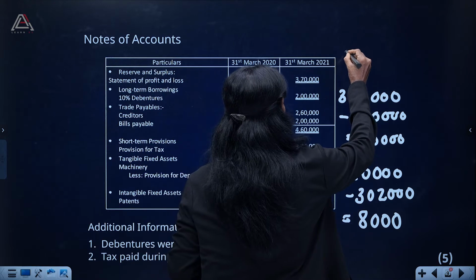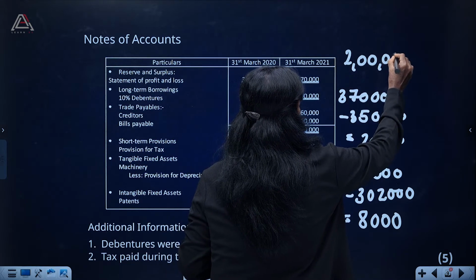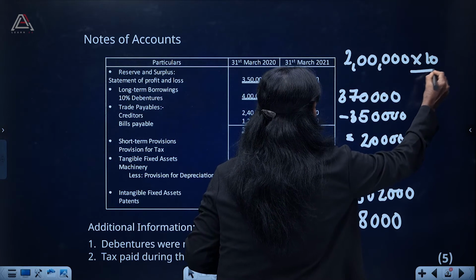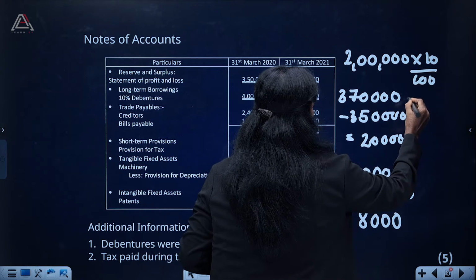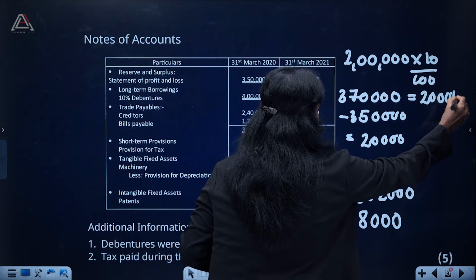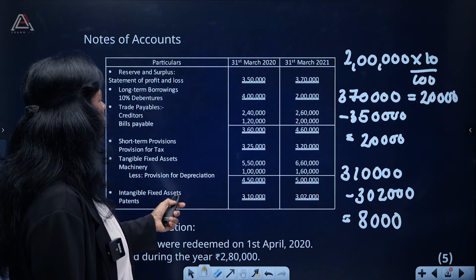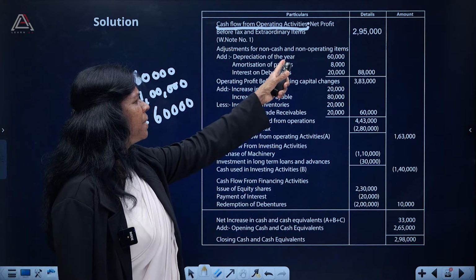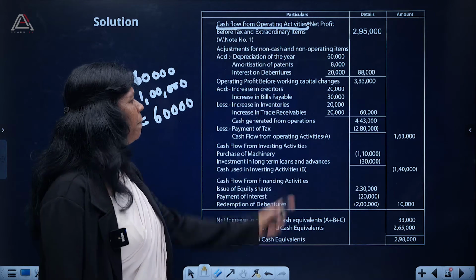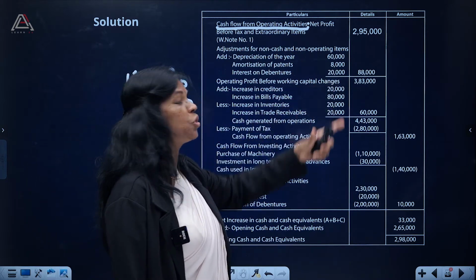2 lakh, the current year amount you have to take. 10% means 10 divided by 100. So the amount is 20,000. This is the interest on debentures, 20,000. So 3 items: depreciation of the year 60,000, then amortization of patent 8,000, then interest on debentures 20,000,